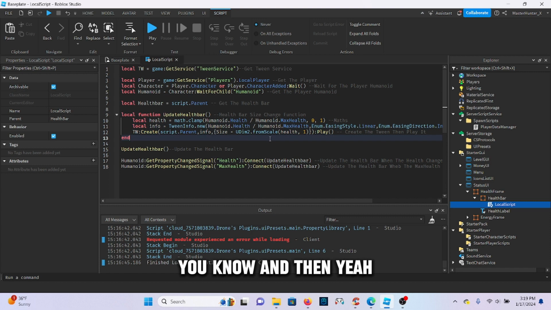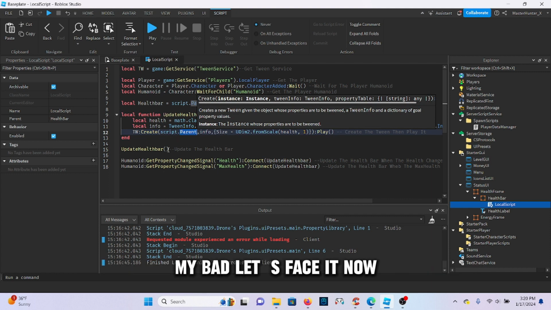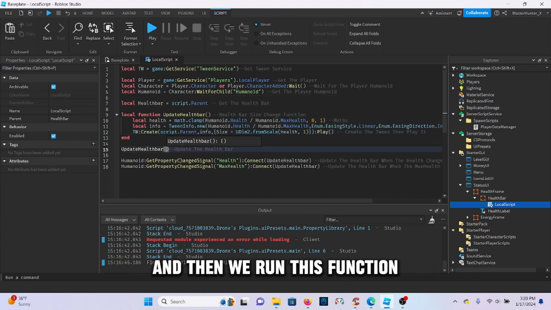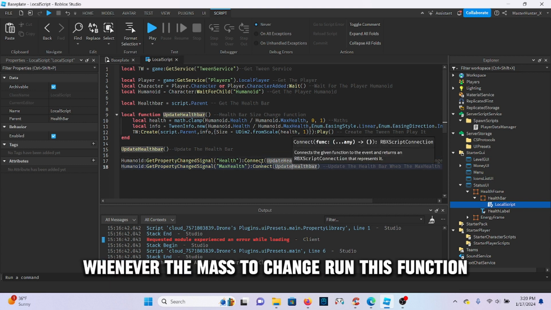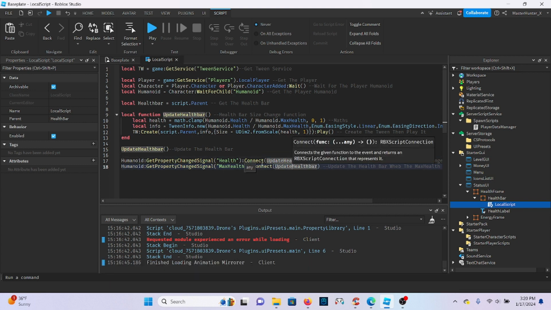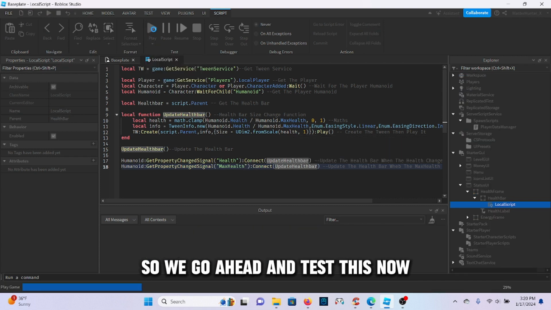And then we just activate the tween. My bad, I'm spacing out now. And then we run this function. Whenever the health is changed, you run this function. Whenever the max is changed, you run this function. So if we go ahead and test this now,